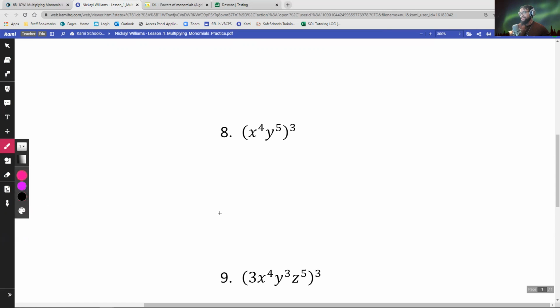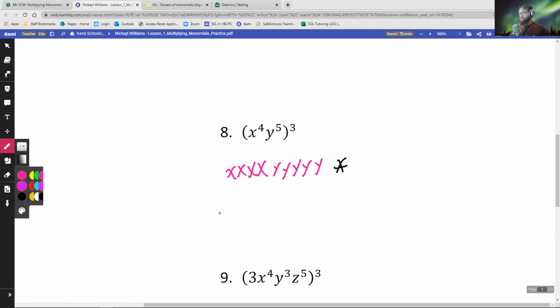let's use this color, is x to the 4th is x times x times x times x. And I'm not writing the dot between because that's going to take a while longer if I do that. Times y times y times y times y times y. That's one of these. All times,